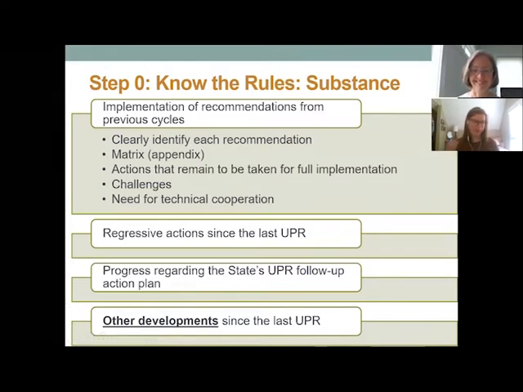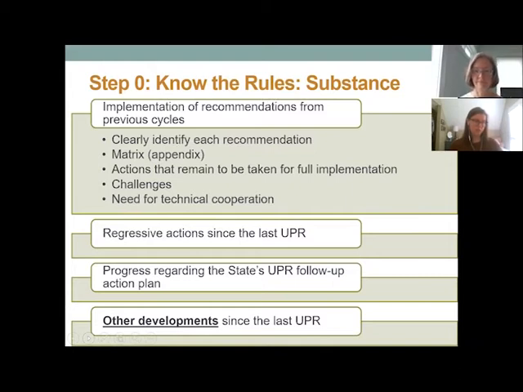Great. All right, on to the substance of the report. So generally, stakeholder reports can be divided into 3 sections: a procedural section, a section describing what has happened since the last UPR, and a recommendations section. So for the procedural section, the technical guidelines ask that you include the implementation of recommendations from previous UPR cycles. So this means you'll need to find the document called the Report of the Working Group from the last UPR review and identify relevant recommendations your country received. We will talk more about that process in the finding the documents section later in the presentation.